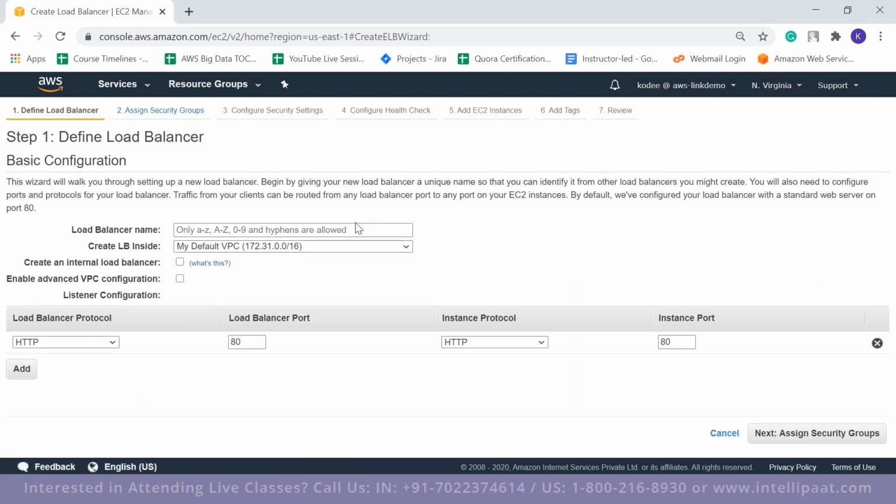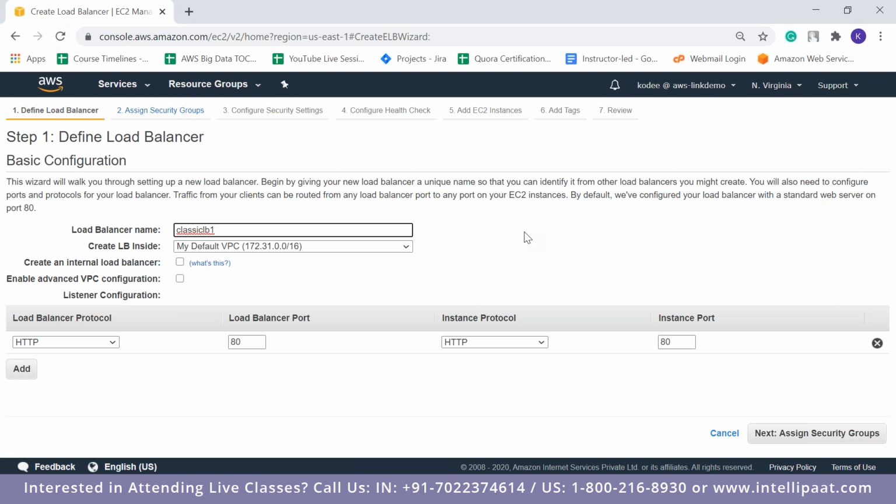Once you click on create, give the load balancer a name. I'm just going to name it classic lb1. Here you can see create an internal load balancer. I'm not going to do that. If I create an internal load balancer, basically only I can access it within my VPC.